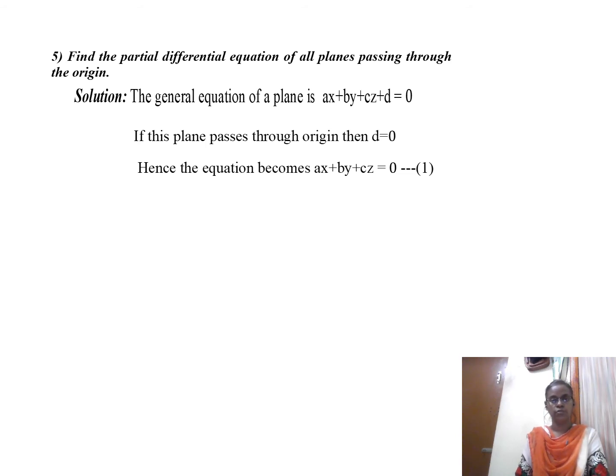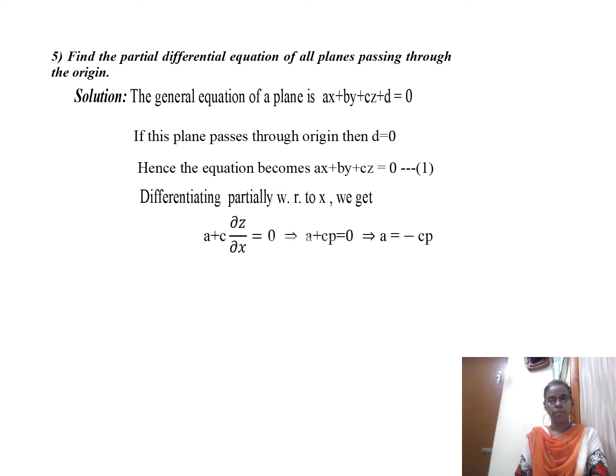Now, as usual, you know the process. I think now you people are getting thorough in that. What is our first step? Differentiating partially with respect to x. We get a plus b into y, which when we differentiate is going to be 0, plus c into z, which when we differentiate gives dou z by dou x, equal to 0. But dou z by dou x, we know it is p. So we have a plus cp equal to 0. From here we have a equal to minus cp.